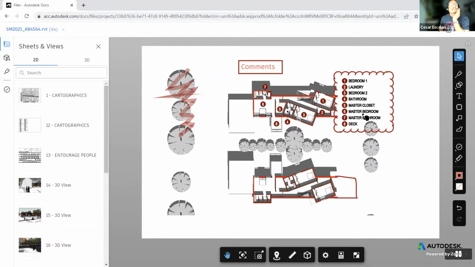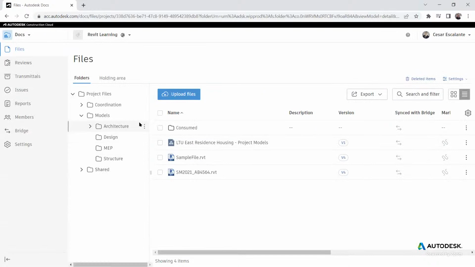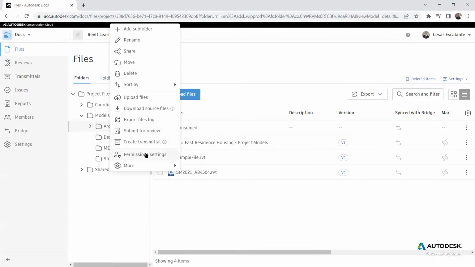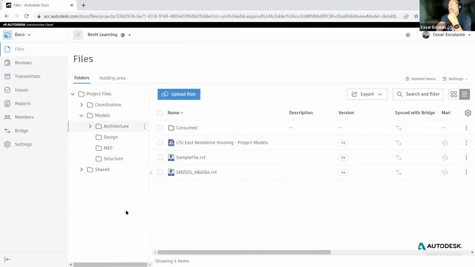The permissions to markup are controlled by the project administrator. Oh, okay. Sorry, I meant if you wanted to only share with structural and not the whole team, that's not doable. It's everybody on there. It depends where the file is. So different folder structures in Docs